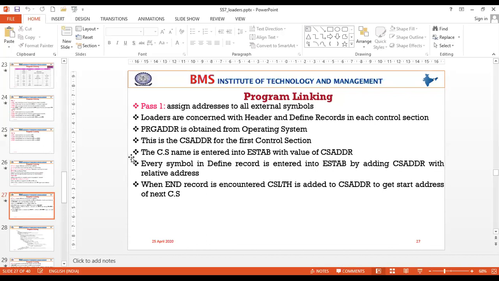Right, but here it is not the assembly language code, but instead it is an object code that is getting loaded onto the memory. Initially, along with that, we use another data structure called program address. The program address is the starting address given by the operating system where the program is supposed to be loaded. And the program address and CS address for the first control section will be the same,